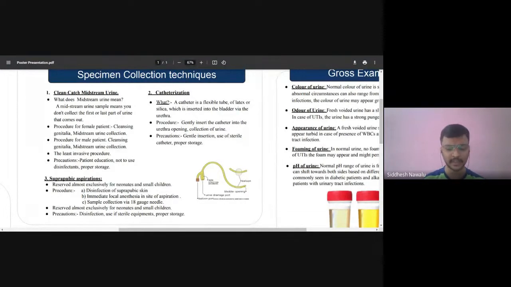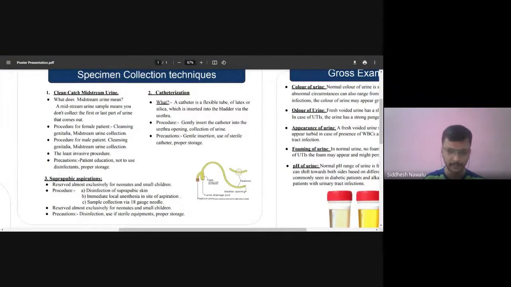Suprapubic aspiration is reserved most extensively for neonates and small children. The procedure is best performed when the bladder is full. The suprapubic skin overlying the urinary bladder is disinfected, and sterile drapes are put in place. Then at the site where the aspiration is to be made, an anesthetic solution such as 1% lidocaine HCl